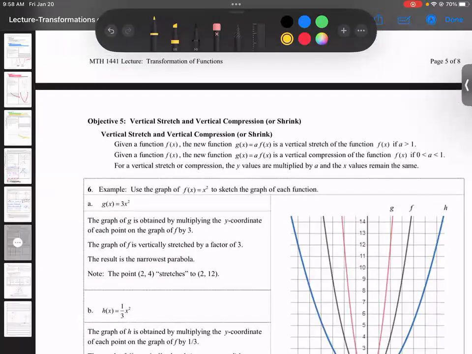Vertical stretch and vertical compression. So far we did vertical shifting, horizontal shifting, reflecting over the x or y axis. Now the vertical stretch or vertical compression, meaning either your graph is going to get skinnier, when it's skinny, meaning it grows faster, or it gets wider, meaning it grows slower, right? So let's take a look at